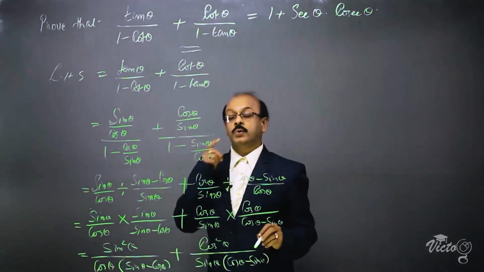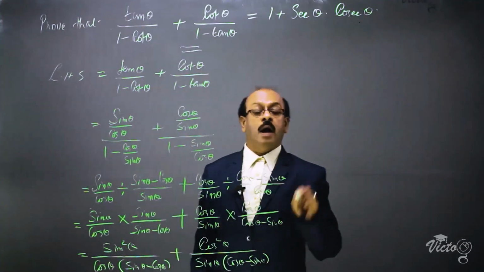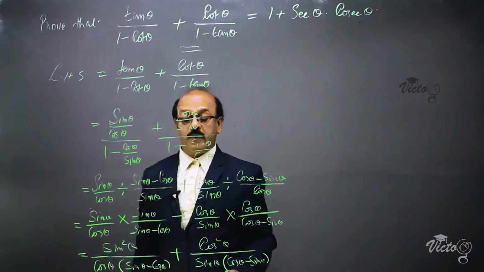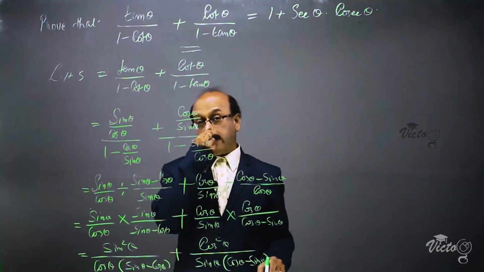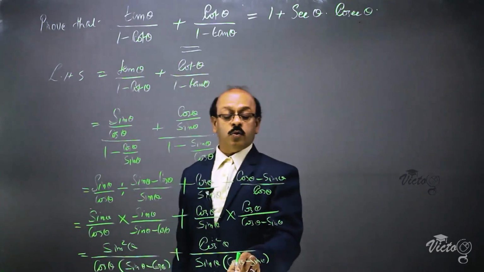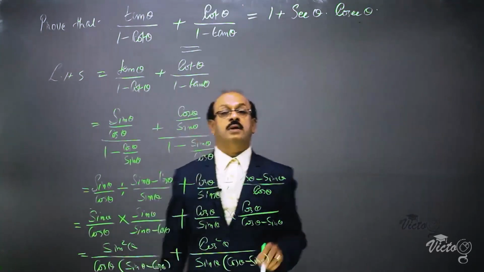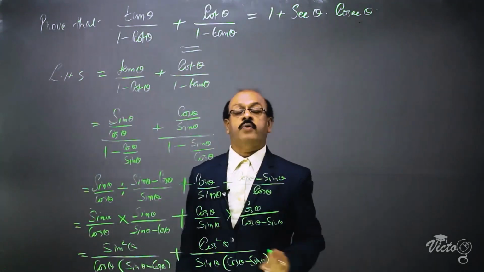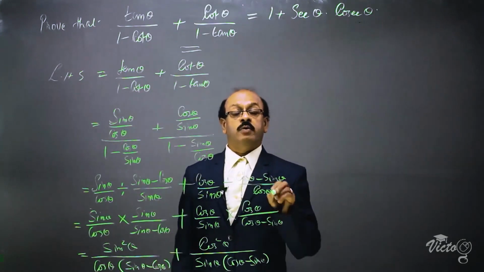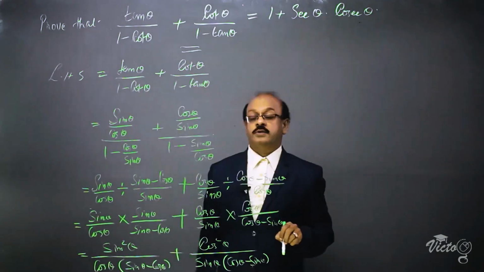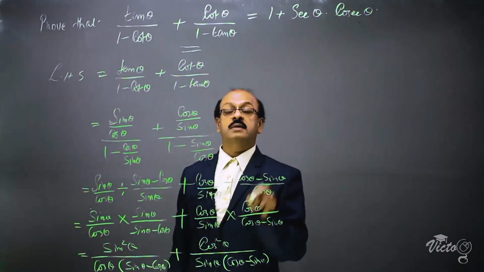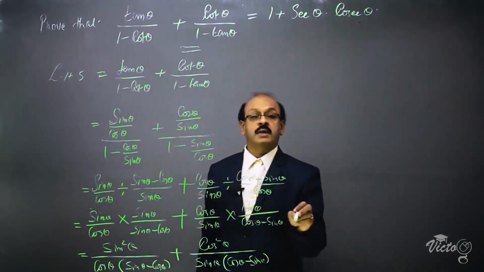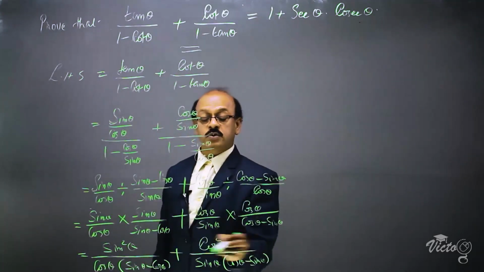Now we have to use the method of adding two fractions. Adding two fractions means we have to take the LCM of the denominators. Here the bracket is sin theta minus cos theta, and here the bracket is cos theta minus sin theta. Since it is cos theta minus sin theta and this is sin theta minus cos theta, we have difficulty in taking the LCM. If we take the LCM with the given terms, it will be very difficult for us to calculate. So, we have to make the two brackets the same. For that, what is the method of changing cos theta minus sin theta to sin theta minus cos theta? We have to make these two brackets the same.